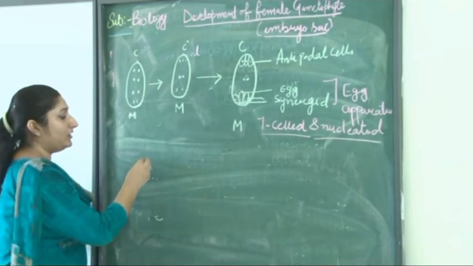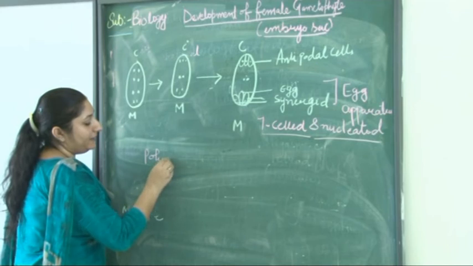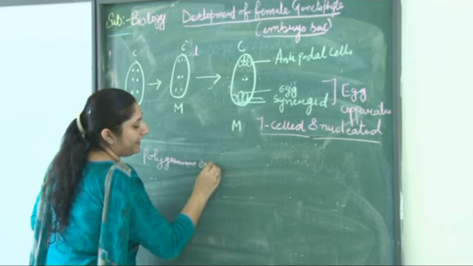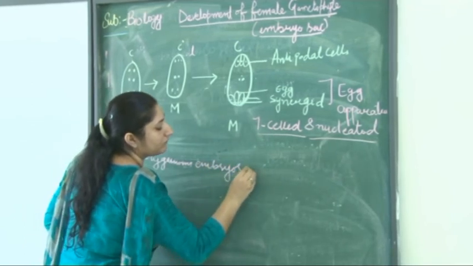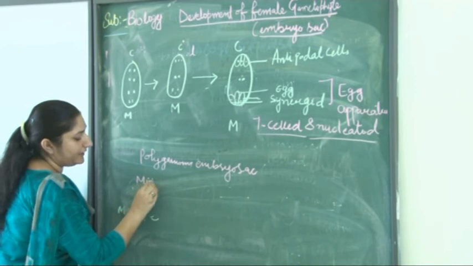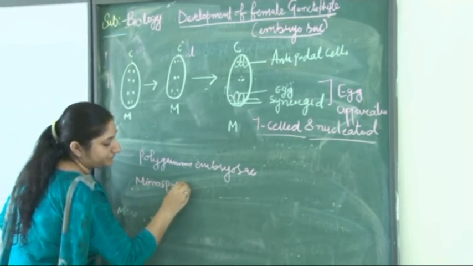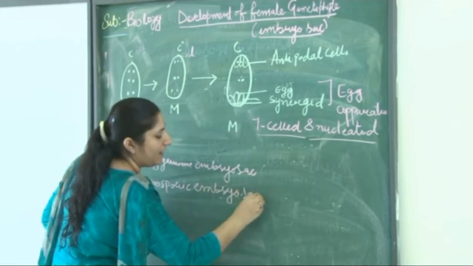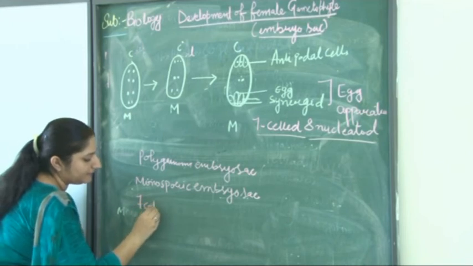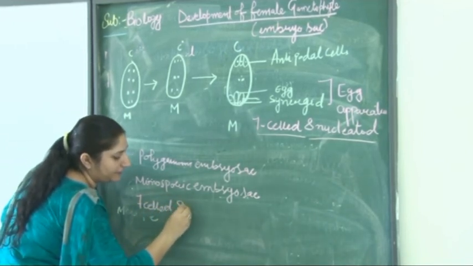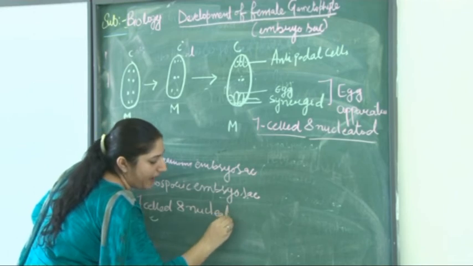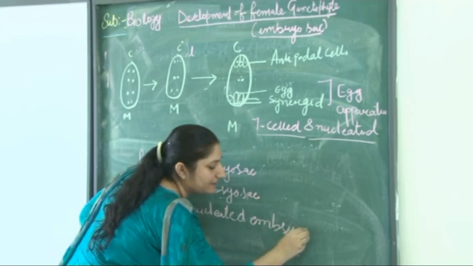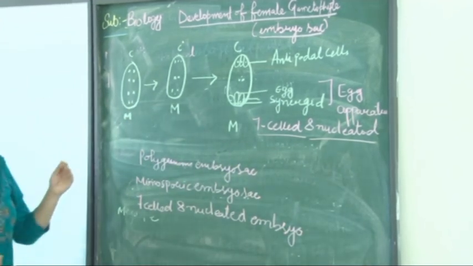It is also called the polygonum type, monosporic embryo sac, or female gametophyte, the 7-celled, 8-nucleated embryo sac. So you have to remember all these things, how the development of female gametophyte takes place in angiosperms,